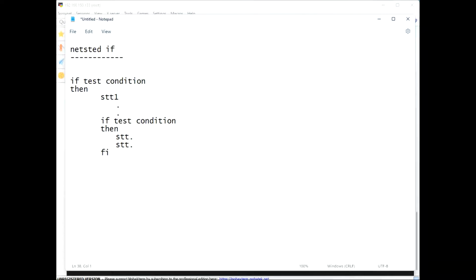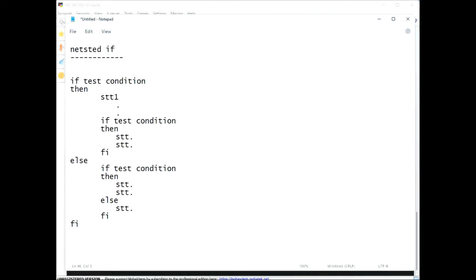Inner else, if test condition, then statements, else statement, fi is closing,